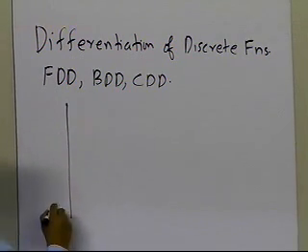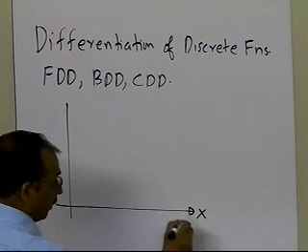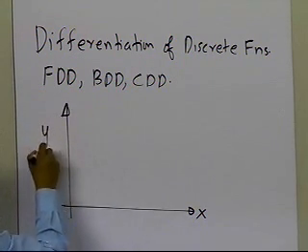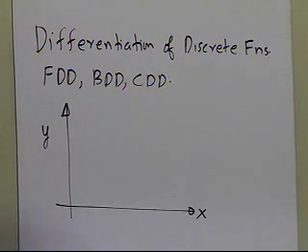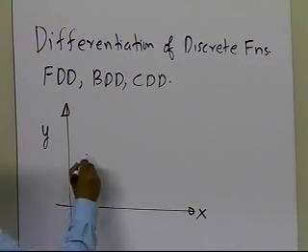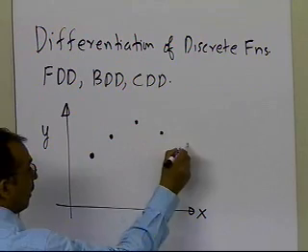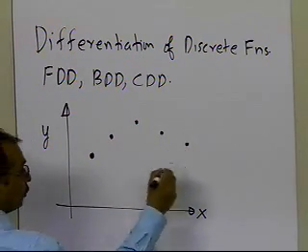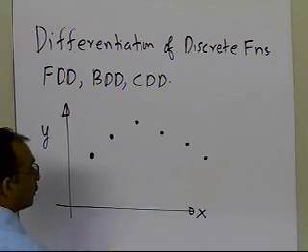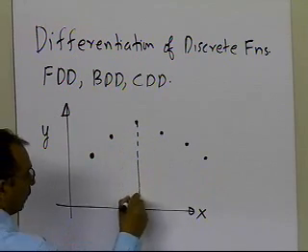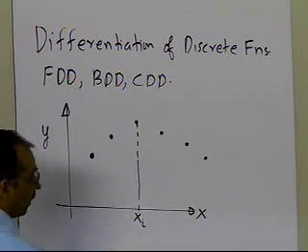So let's suppose now in this case the function is not given to you as a continuous function, but it's only given to you at certain points. So let's suppose somebody gives you the value of the function at certain points, and what they want you to do is calculate the derivative of the function. Let's suppose they want you to calculate the derivative of this function at this point x_i.